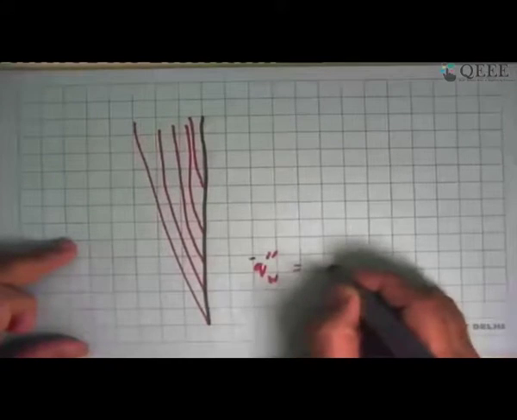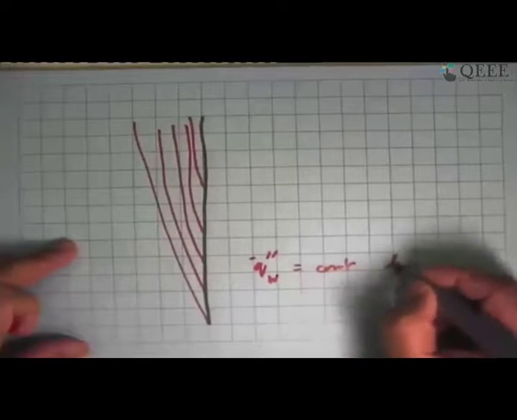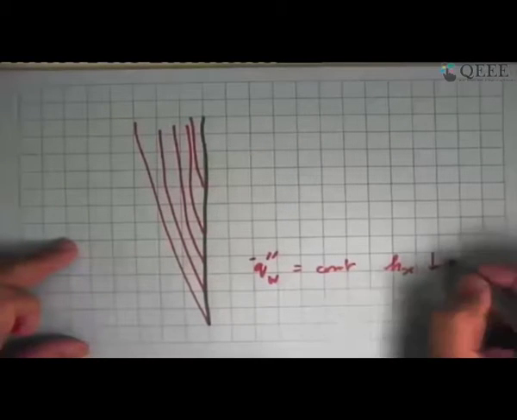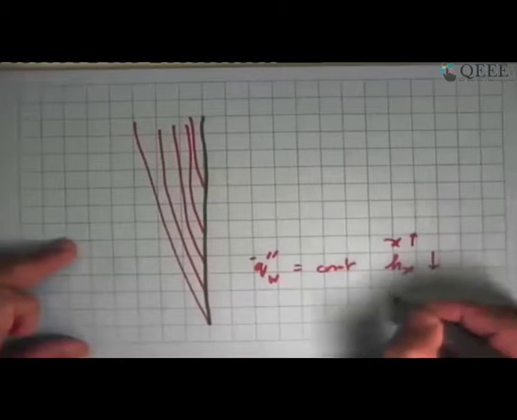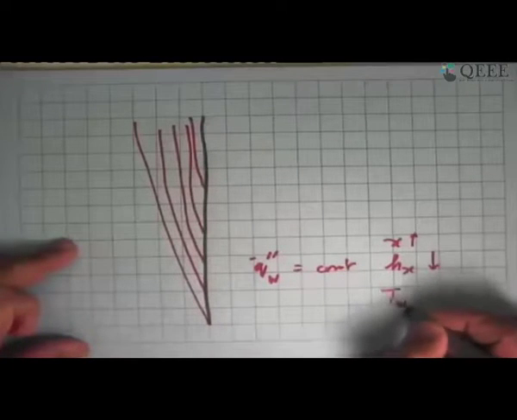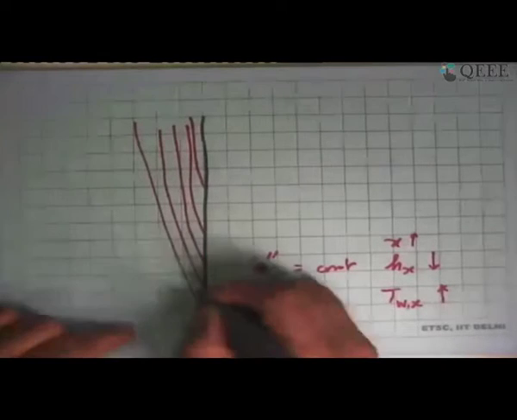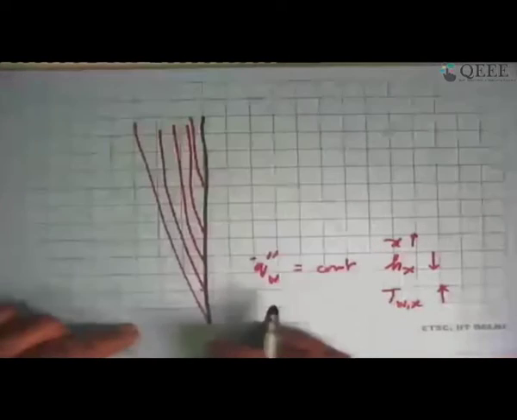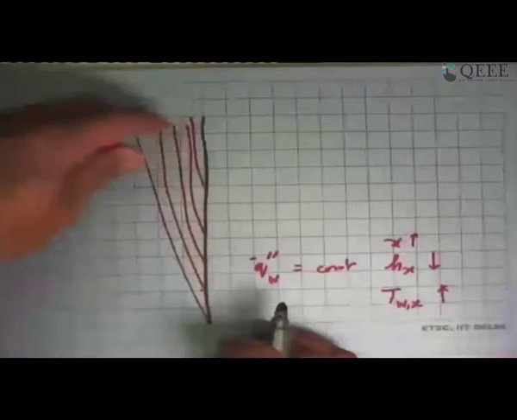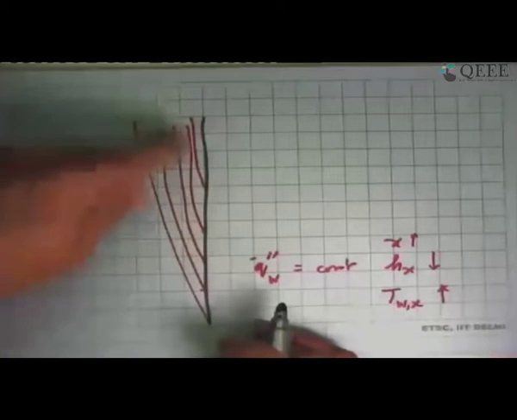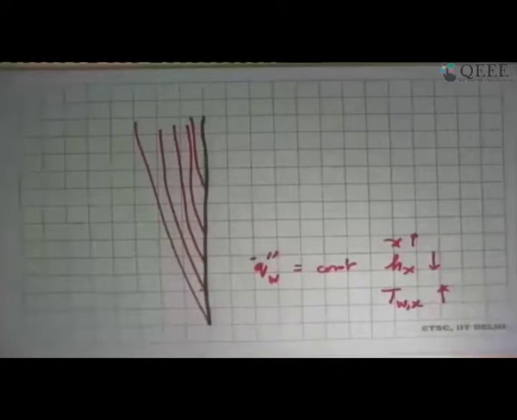So that is what we were seeing, and that happened because this is that q double prime at the wall is constant, and since local heat transfer is decreasing with x, the local wall temperature must keep increasing, and that is what is happening here. So you have higher temperatures coming up, and so a higher temperature isotherm generating gradually from the outer surface. So that was the iso heat flux case picture.